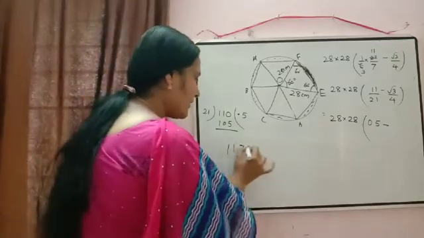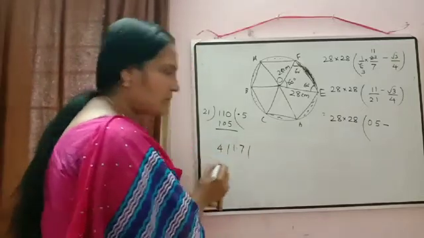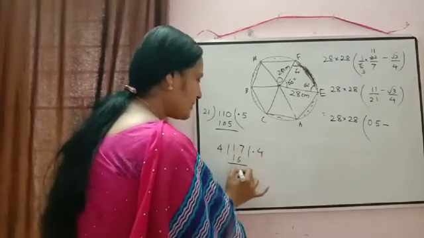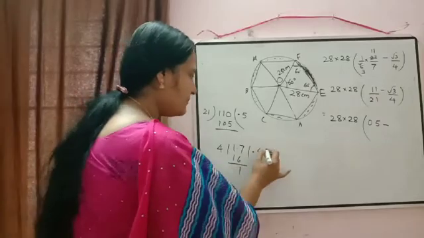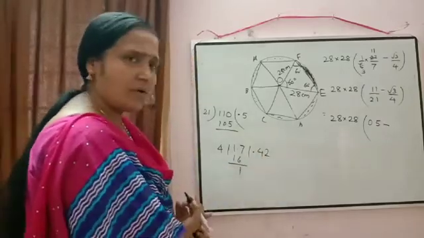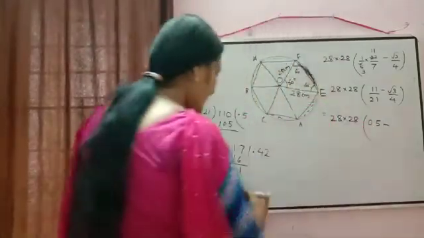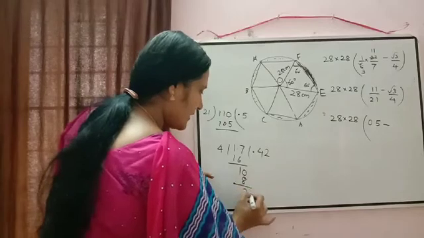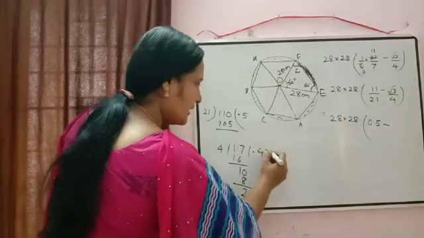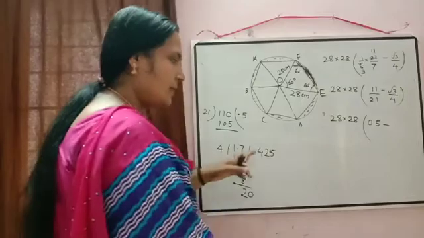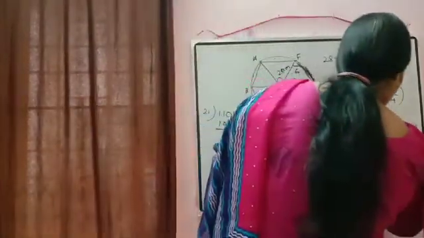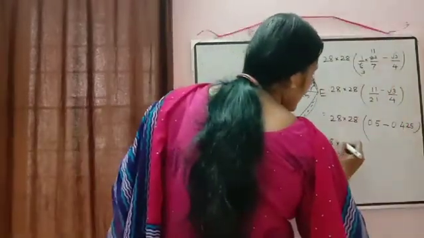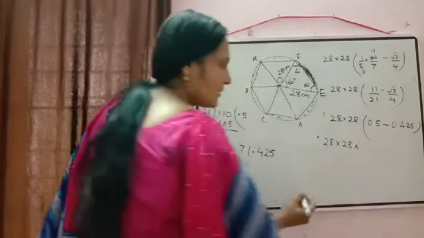So 1.7, when we will divide it by 4, what will come? First decimal is there, so we will get 4 4s are 16. So 7 minus 6, 1 will come, then it will be equal to 0.42. If you want, you can complete it there because it will get cancelled there. 4 2s are 8. So 10 minus 8, 2 will come, then again we will put 1 0 there, then it will be equal to 0.425. So we are getting here 28 into 28 into 0.425. Now this one you can subtract.